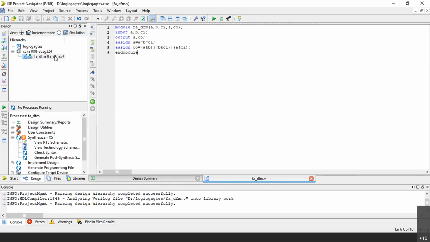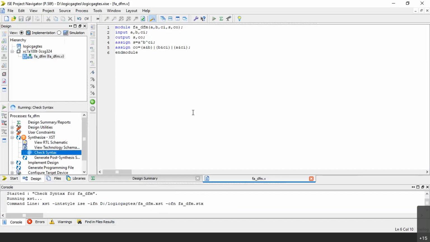So there is this program here now. Now let me check syntax. It will take some time because when I say check syntax, it is going to synthesize also, and you will see the tick mark there.